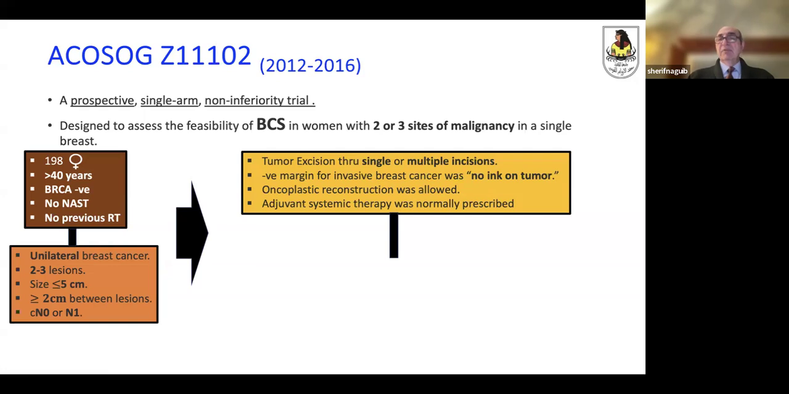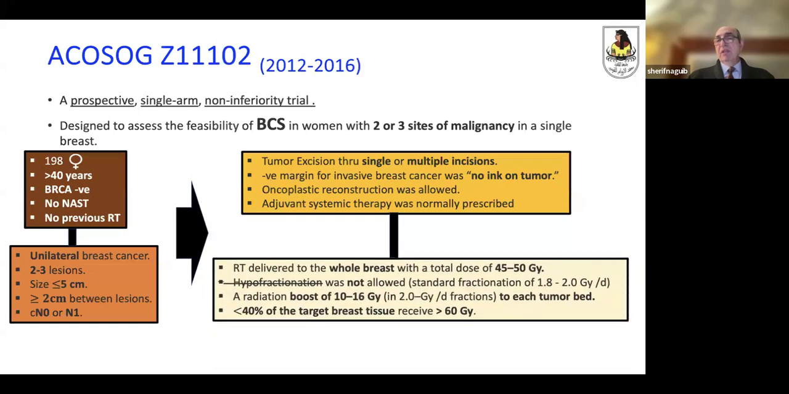They accepted no ink on tumor as an acceptable negative margin. Oncoplastic reconstruction was allowed, and adjuvant systemic therapy was given as normal. Radiotherapy also was given as normal, and each tumor bed, if the tumors were resected separately, in separate incisions and separate excisions, each tumor bed was given